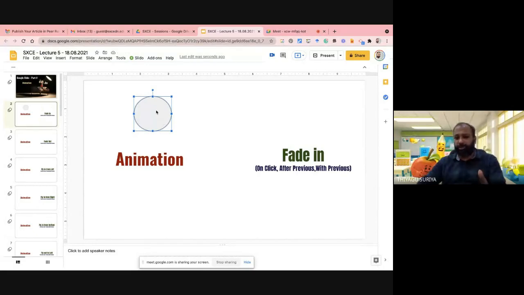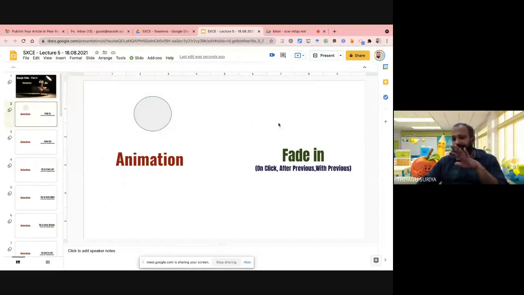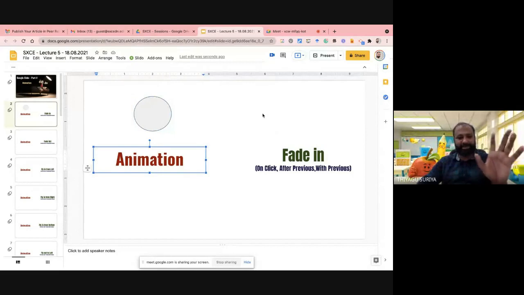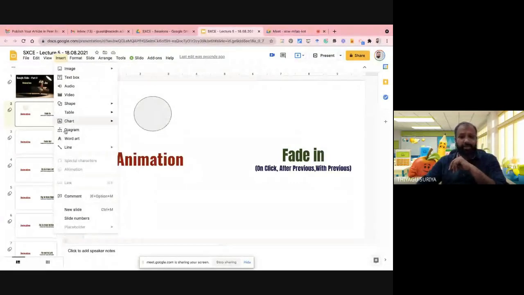What I'm going to do is select it first. After this, go to Insert. Once you go to Insert, you find the option called Animation is enabled now. Once it's enabled, you are able to click it. Suppose I'm not selecting anything. For example, on the slide I didn't select any images or any text. I just keep the cursor somewhere away from the text or the images. After this, once I go to Insert, you cannot find Animation enabled. The animation option is not enabled.